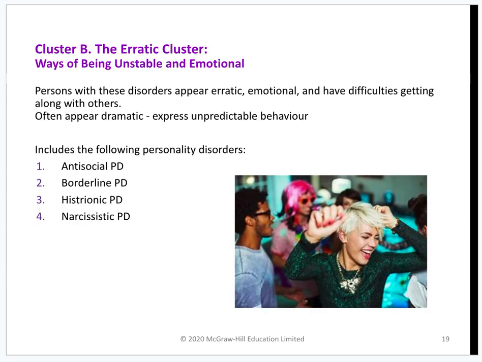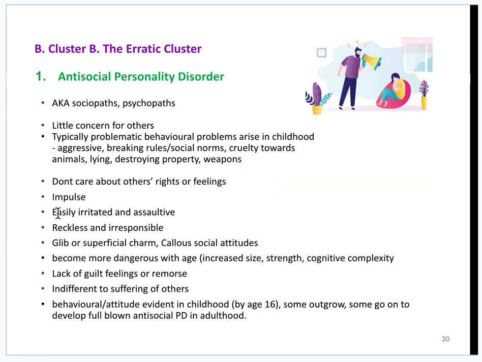The second cluster, ways of being unstable and emotional. Okay, so the cluster B is about erratic emotions and just being very dramatic. So the first one, antisocial personality disorder, aka sociopaths, psychopaths. This group,